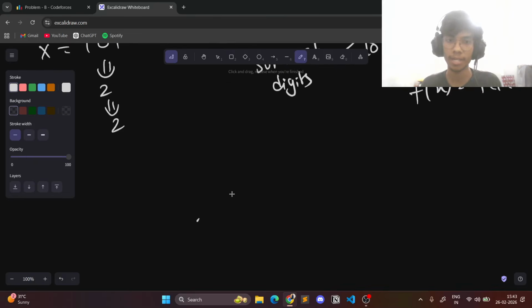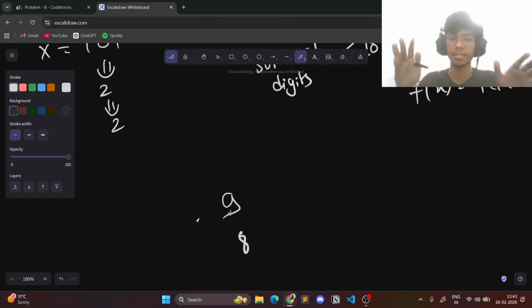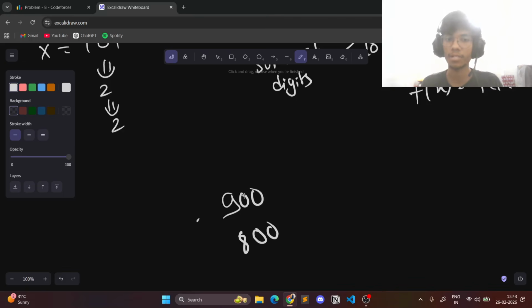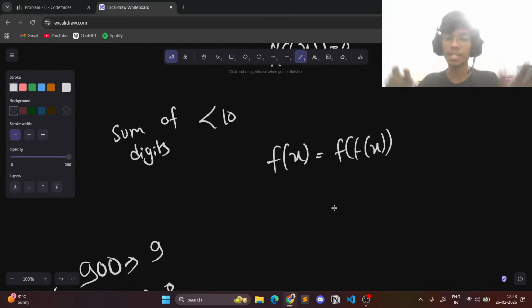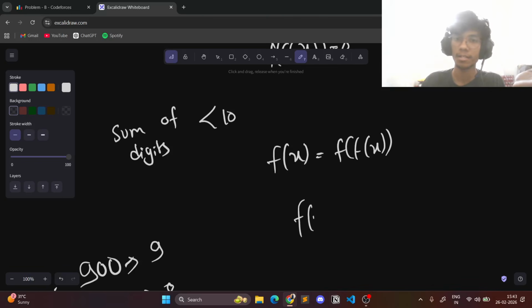So if I had a sum like 9 or 8, whatever, when I take the total sum of this, it will be 9 itself, this will be 8 itself. Again, you can have zeros for these things also. So 9 plus 0 plus 0 is again 9, and 8 plus 0 plus 0 is again 8, right? So that is my proof that in order to have f of x equal to f of x, or this condition, we cannot